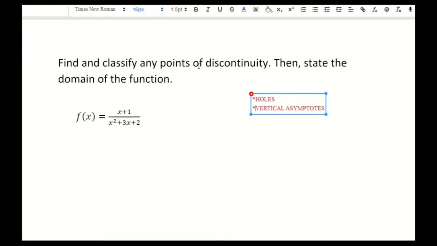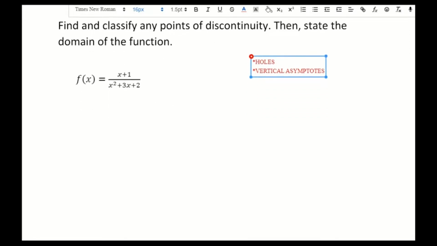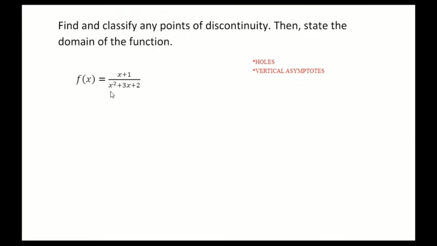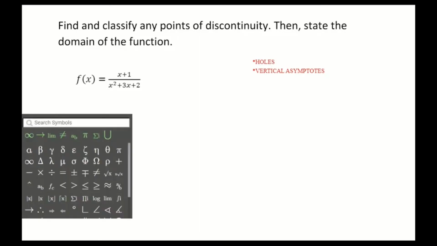So we're going to find and classify the points of discontinuity, and then state the domain of the function. And the domain, for this type of function, is going to be everywhere where the function is continuous. So everywhere where we don't have either a hole or a vertical asymptote. So to be able to find the holes or vertical asymptotes, let's just quickly review this. What we have to do is factor that denominator. So I'm going to rewrite this function, and it is f of x equals,